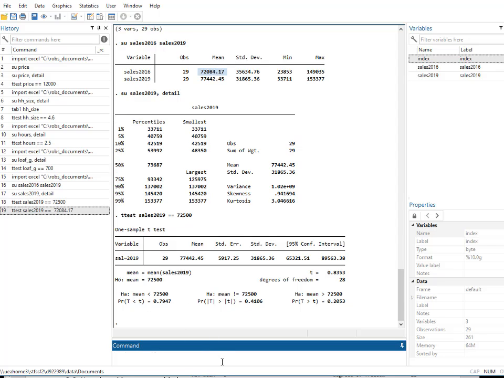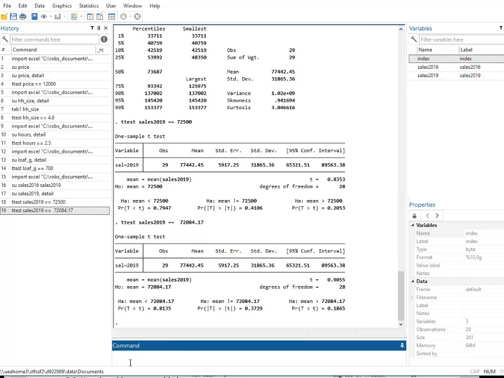Let's see if we can reject that. So if in the whole population the mean is still what it seemed to be back in 2016, the chance of selecting 29 people getting a mean this far above it now, because it's one-sided, is 18%. So it's less, but 18% is still not a tiny probability, so that could